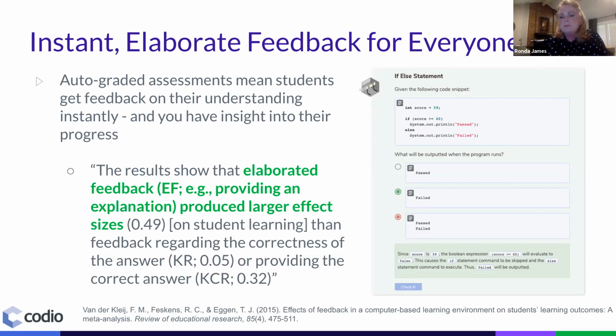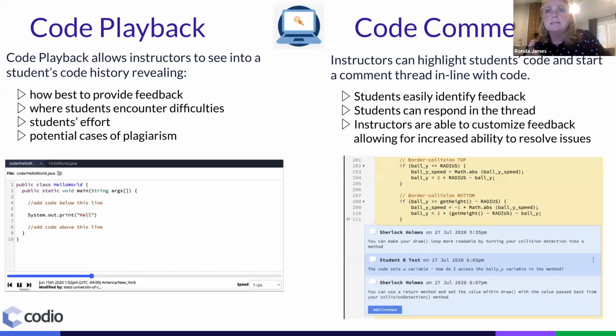So you can jump into Codio with a student, and we have inline code commenting and code feedback, which we think is super important, because you can guide and instruct the students as they're coding, and have a profound effect on what they're going to learn and their success. That's code commenting on the right there. Again, you can jump in and easily just right click and add a comment to their code.